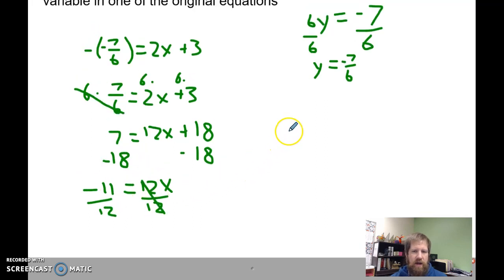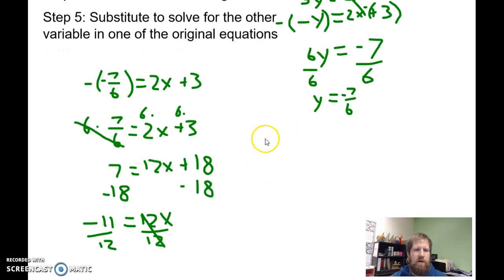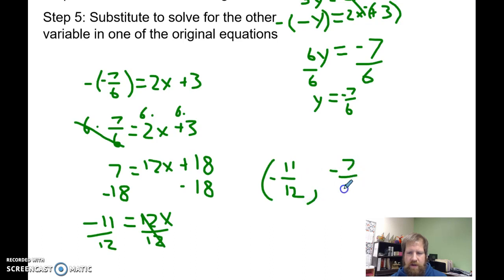And my final answer for the solution to this system of equations is negative 11/12 and negative 7/6. So pretty messy, and this goes back to one of those reasons why I would not use graphing as my first choice